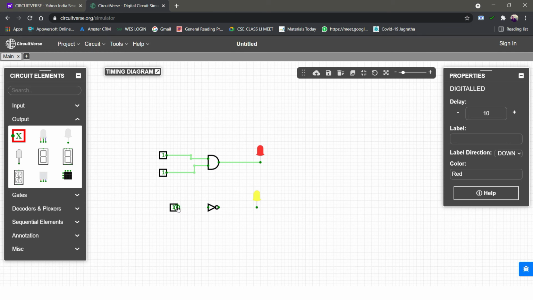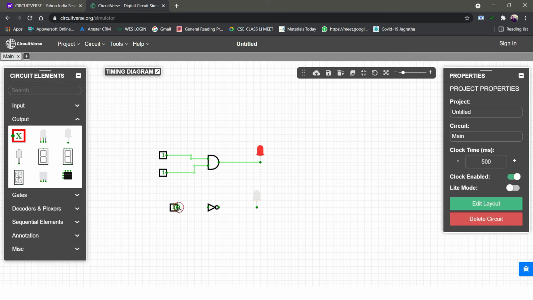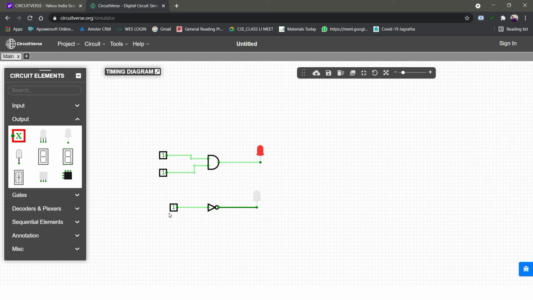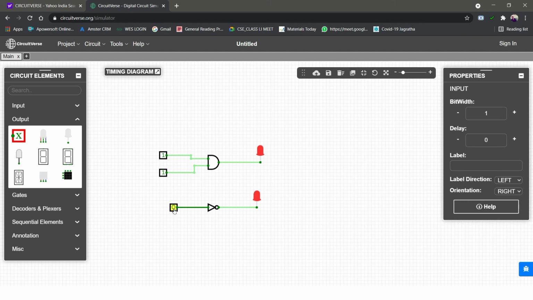So here I'm connecting the wires from the input to the gate and from the output of the gate to the LED. Here you can see that when 1 is the input, 0 will be the output, so the LED will not glow, and when 0 is the input, the output is going to be 1, so the LED will glow.